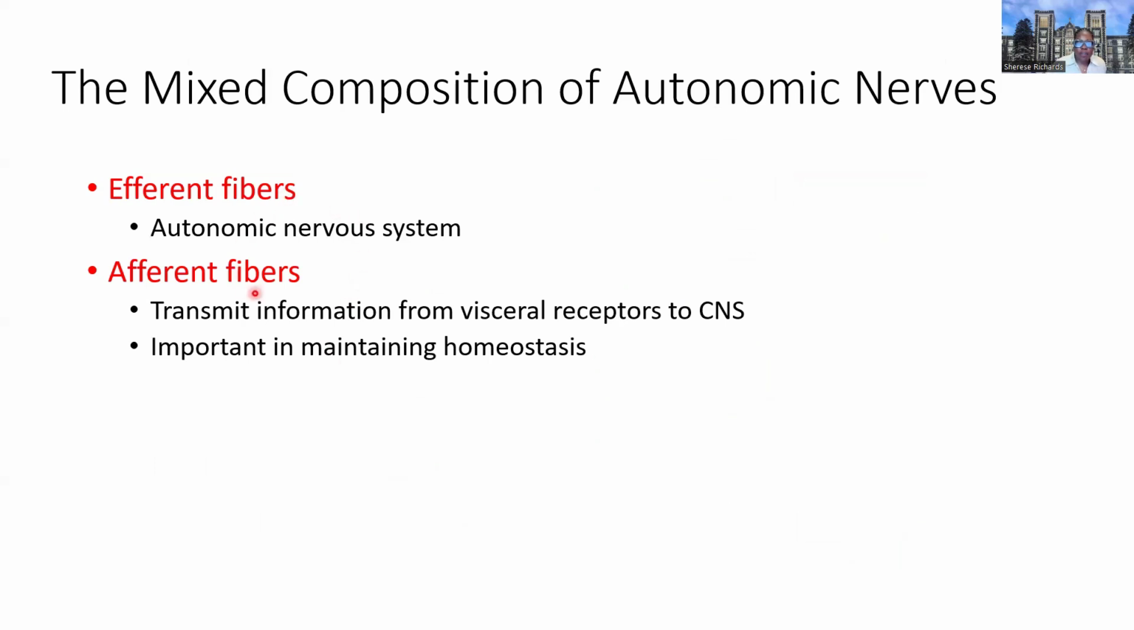Afferents going from the periphery, from the visceral receptors. This is information coming in about sound, sight, touch, taste, temperature, that goes into the CNS on afferent fibers. And then in the opposite direction are efferent fibers